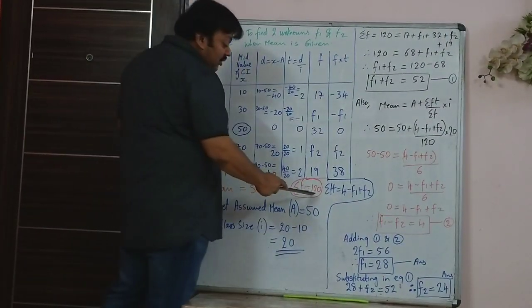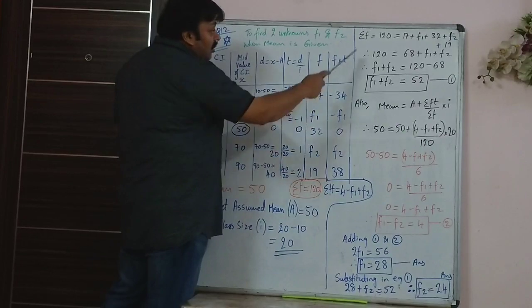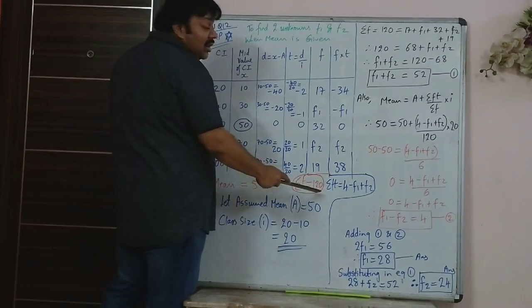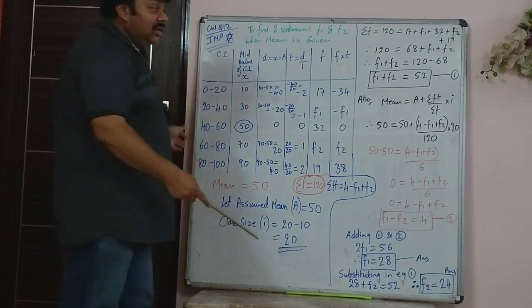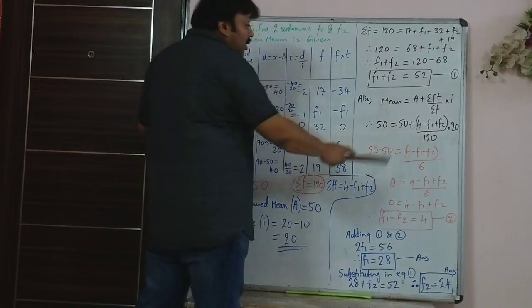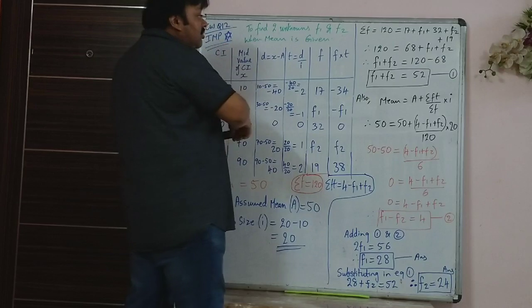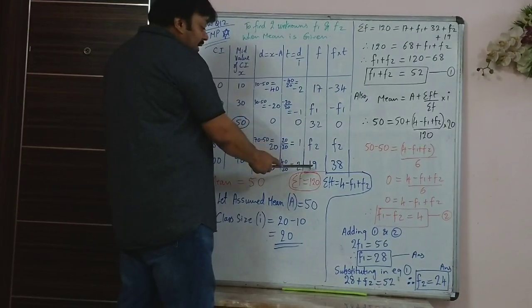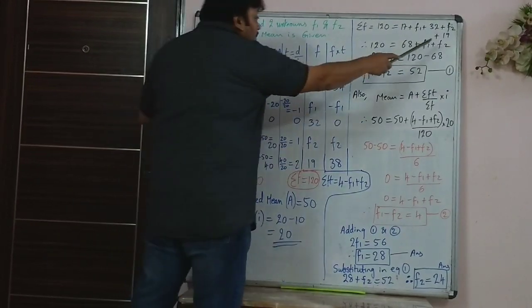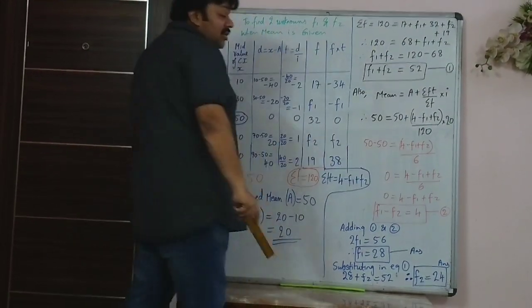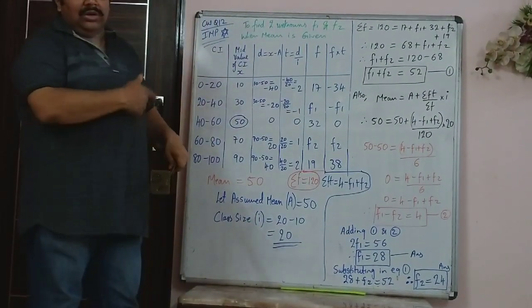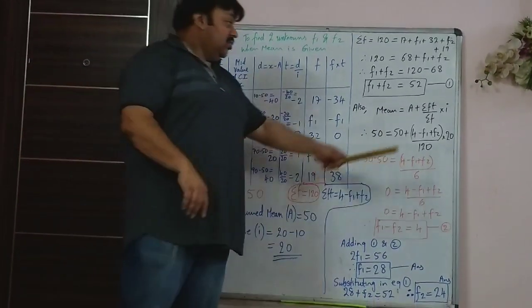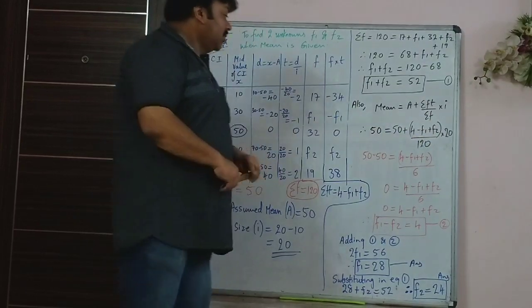Upon sigma f. Now for sigma f, don't write that thing. You have already been given 120, so use the 120. Some people very foolishly write sigma f as this addition, that is 68 plus f1 plus f2. That will make life more miserable and very tough. So you will waste more time doing calculations. So use sigma f is 120.